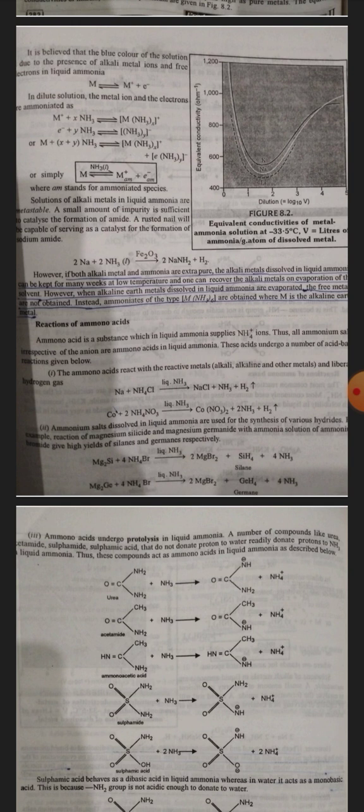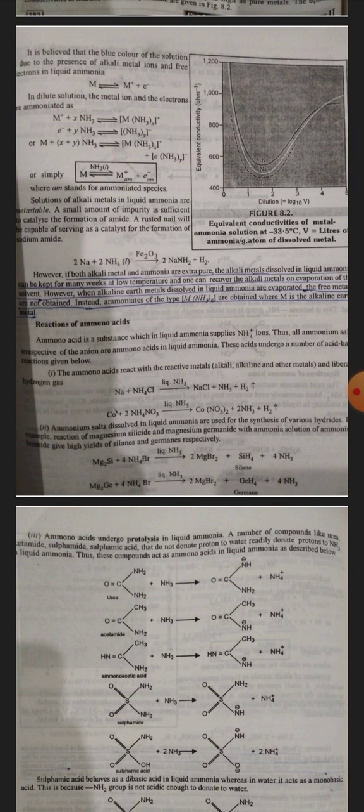A rusted nail will be capable of serving as a catalyst for the formation of sodium amide. However, if both the alkali metal and the ammonia are extra pure, the alkali metal dissolved in liquid ammonia can be kept for many weeks at a low temperature,